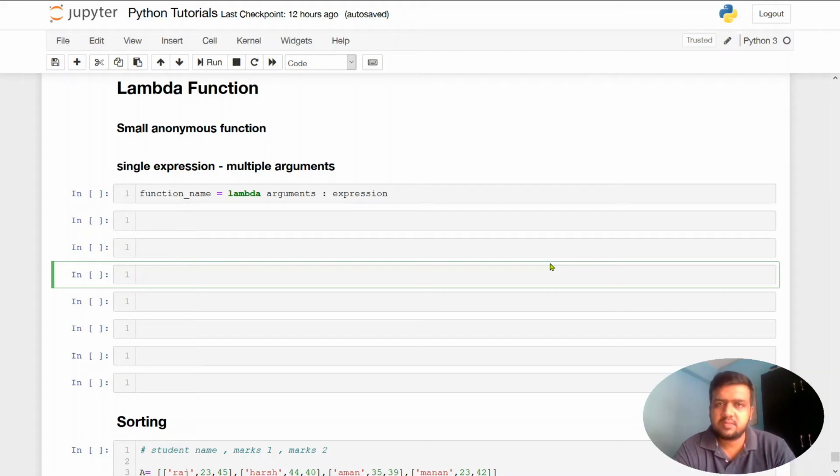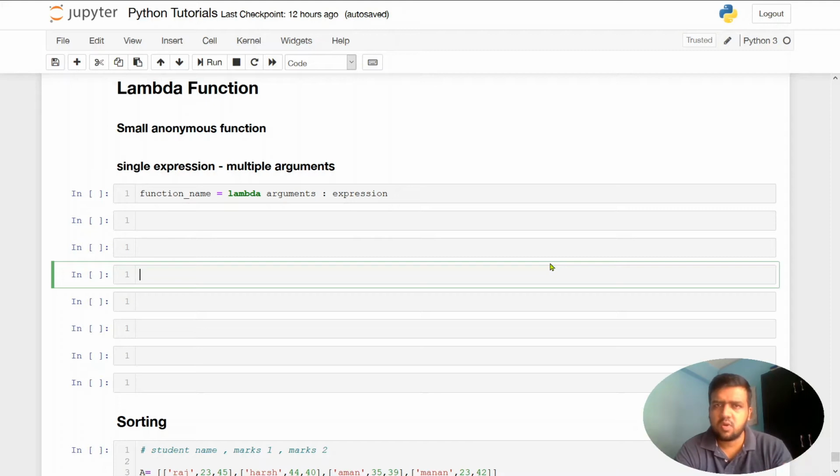So lambda does something like this: you want to perform a task, so you define the code and you don't name it, right? It can be a small anonymous thing that runs in the background and does the task for you without having an explicit syntax for it. Whenever you create a function, you have a function definition with a set of 3-4 lines of code for a small trivial task. I'm not talking about bigger tasks, because for bigger tasks we can't use the lambda function.